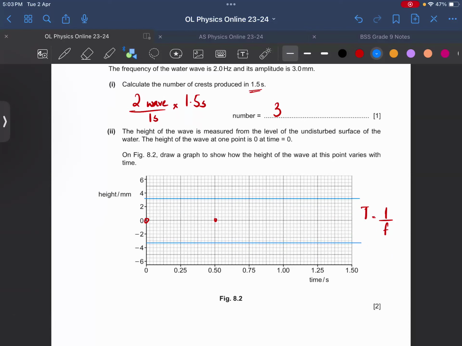ये वैल्यू होगी। सही है, तो आई एम जस्ट मार्किंग दीज पॉइंट्स। इसमें एक वेव बनेगा और फिर एक और सेकंड में एक और वेव बनेगा, और आधे सेकंड में एक और वेव बनेगा, और आधे सेकंड में एक और वेव बनेगा। एंड नाउ आई जस्ट डू इट लाइक दिस। This one should have been a bit more like this. But anyways,